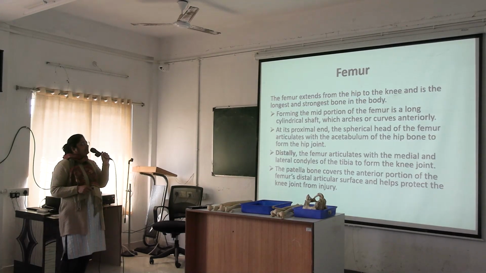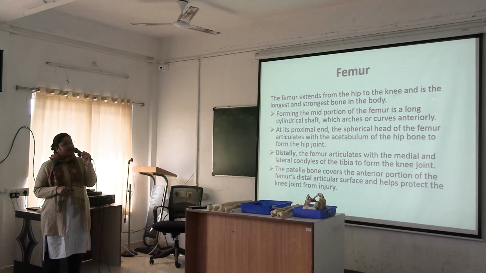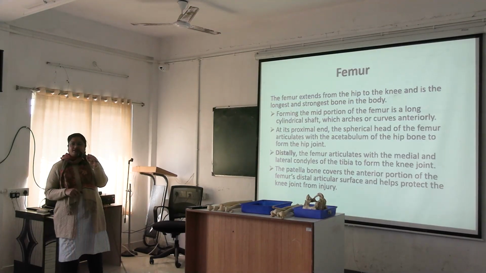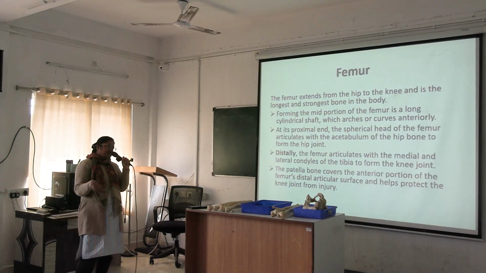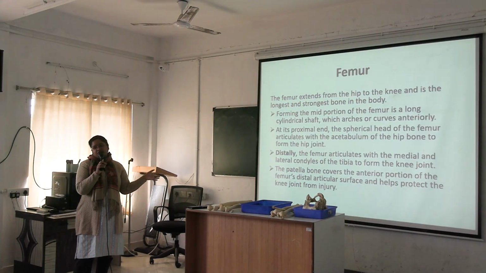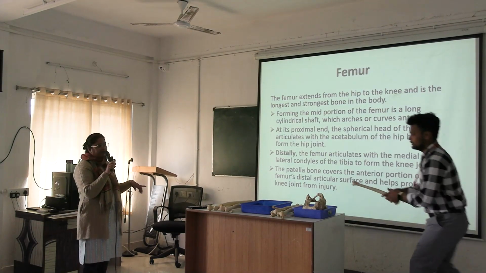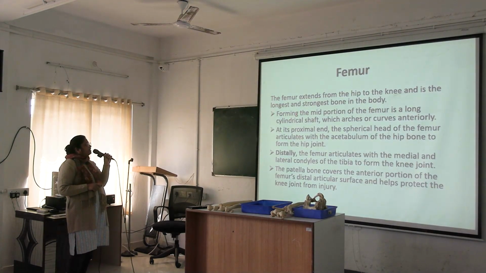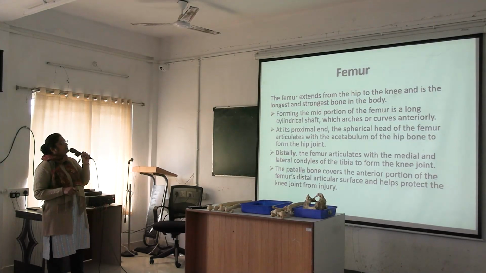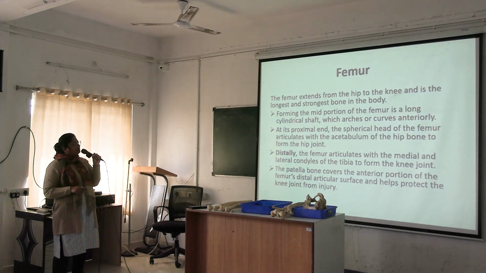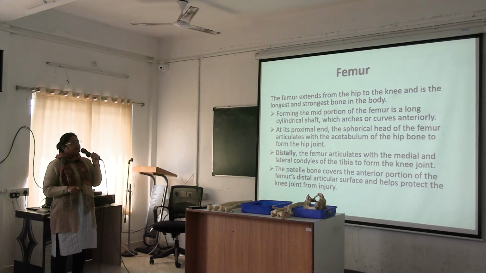So the femur extends from the hip to the knee, and it is the longest and strongest bone in our body. In the axial skeleton, most of you will be asked about the femur. Okay, very important word for the Viva table. So forming the mid portion of the femur is the long cylindrical shaft which arches or curves